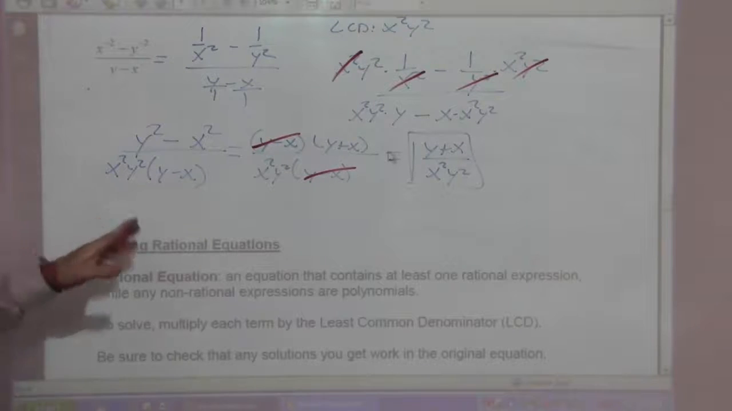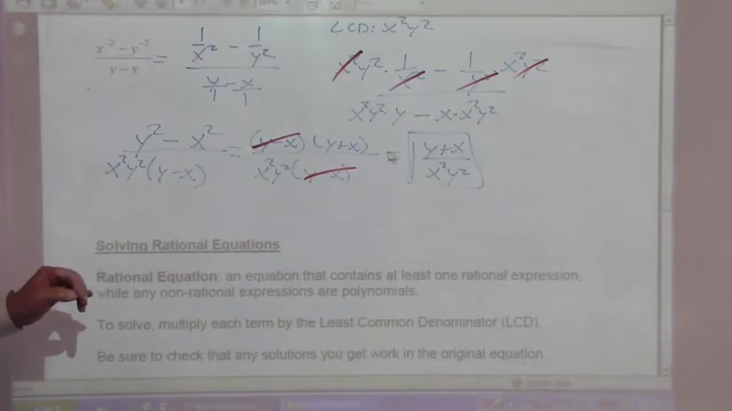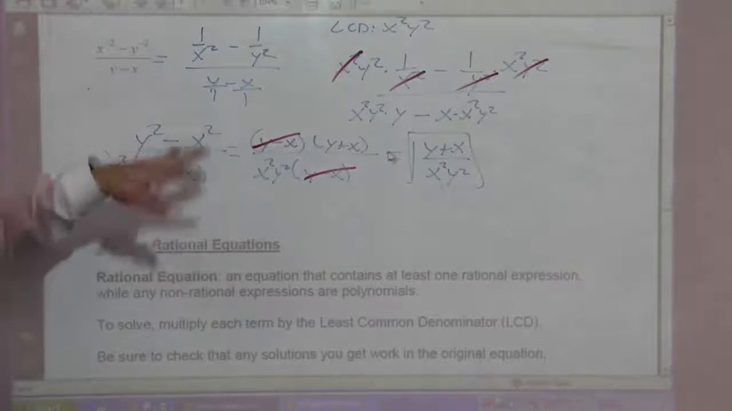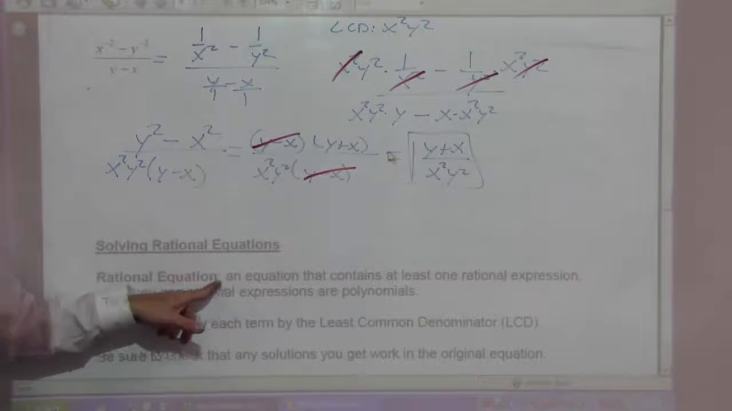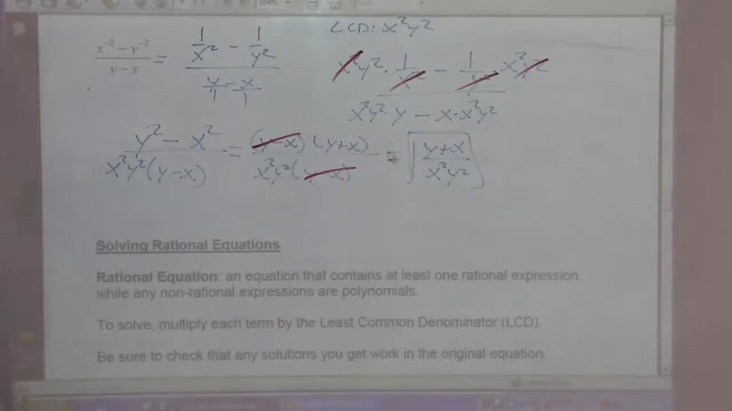Okay, that should do it for the rational part. We're going to go on to radical equations. Solving rational equations. We did the expressions, now doing equations. So a rational equation is an equation that contains at least one rational expression, so at least one fraction, while